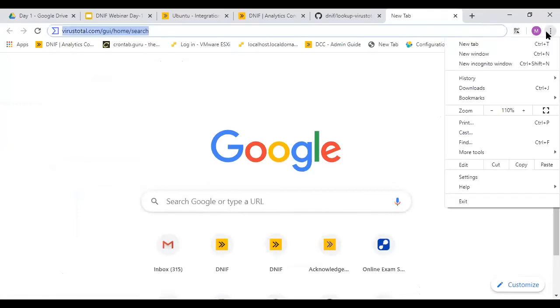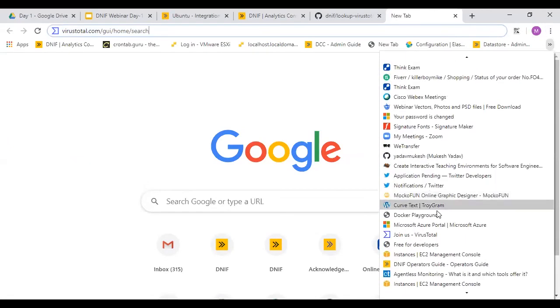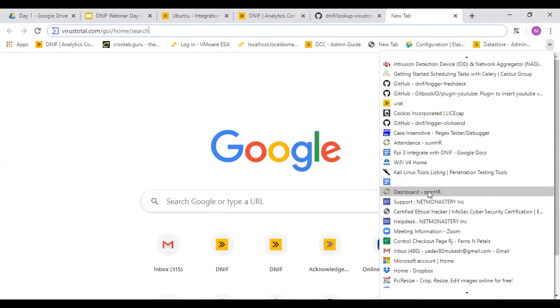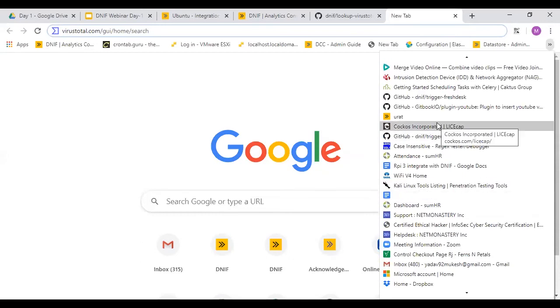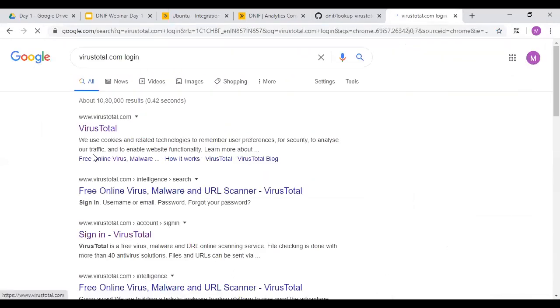There is a list of VirusTotal databases. You can provide a VT account. You can just register and directly get it over there. I'm going to sign into VT.